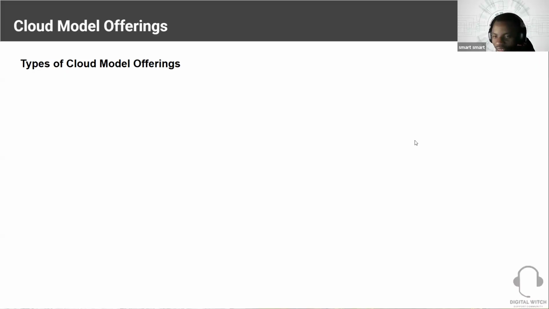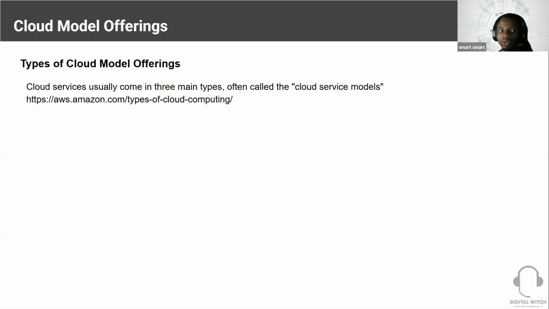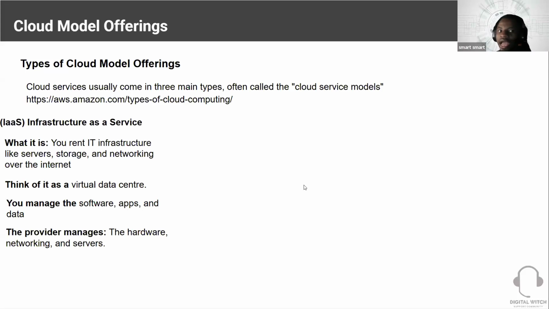So in cloud, there are different types of cloud offerings in AWS. We can locate those cloud offerings at this particular link. The cloud model offerings are categorized into three different types, and we call those offerings cloud service models. Number one, we have what we call infrastructure as a service. I will use a simple